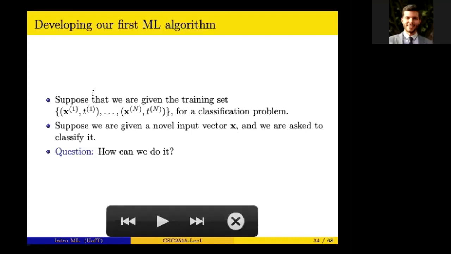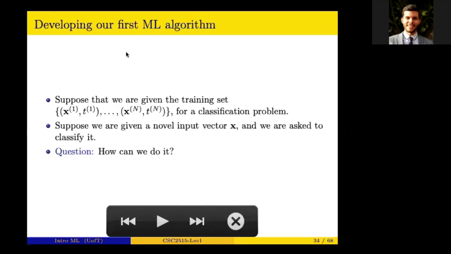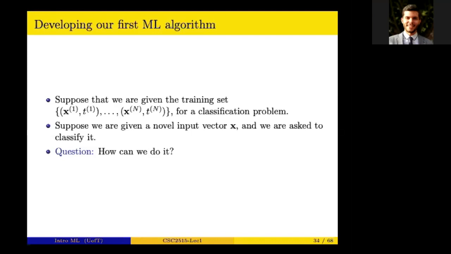Yeah, so one way could be to compute the distance between the new x and all of the x's, and then assign the label t to the closest known x. That's okay. Yes. So I guess you heard it. That's great. So basically, we look at the nearest neighbor, closest point, and then assign the same label as that. Is that clear? Okay, that's great. We have our first algorithm.